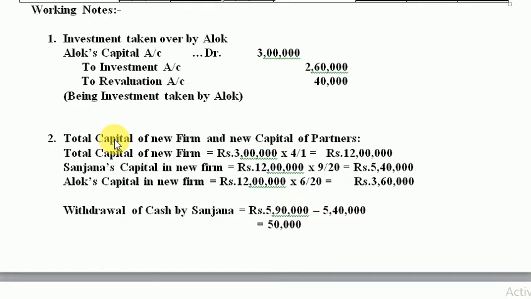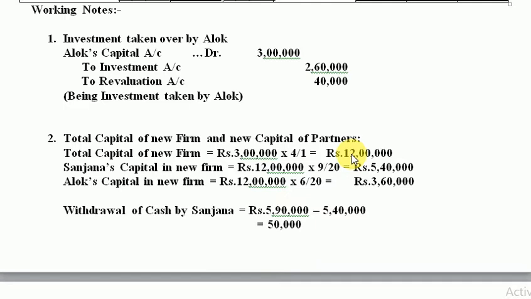We have to find out the capital of the new firm on the basis of new partner Nidhi's capital. So Nidhi brought rupees 3 lakh. Therefore, we have to divide this 3 lakh by her share, which is 1 by 4. So when you divide anything with an amount, you convert that divide sign into multiply, and 1 by 4 reciprocal, which is 4 by 1, will be equal to rupees 12 lakh. So you multiply the capital of Nidhi with the reciprocal of her share, and that comes as rupees 12 lakh.